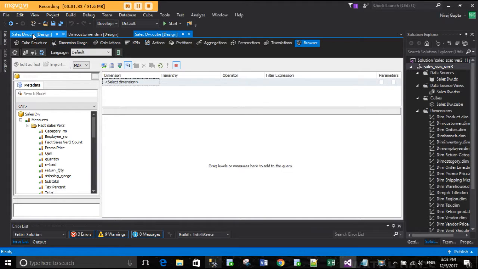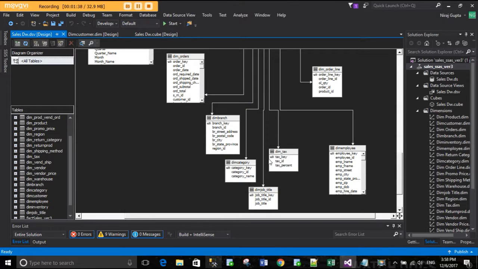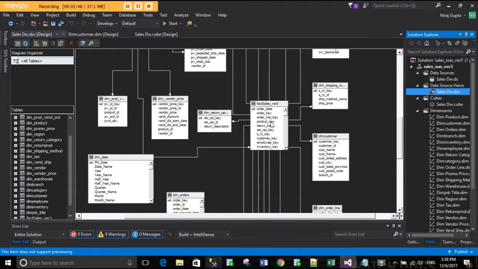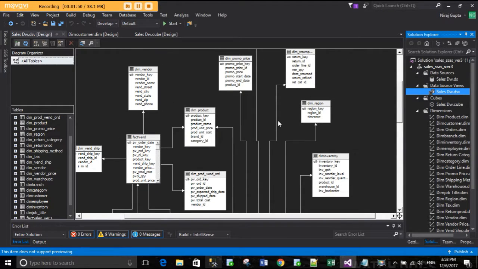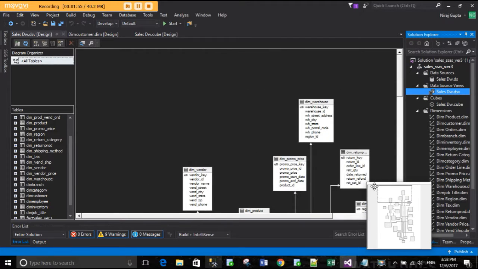To view the data source design: first, after creating the data source, we create the data source view, and once that is generated, we will get something like this. So to view this,